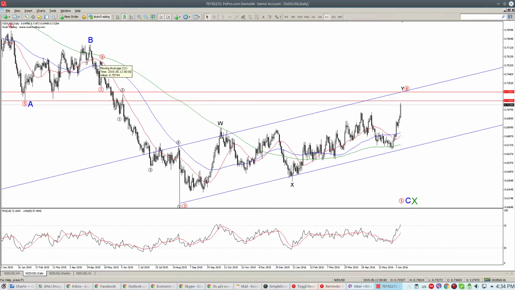first of all, this wave 4 is too big to be of such a degree. The other problem is that if we break above this resistance, the 0.7170, it is likely that prices will eventually reach the upper boundaries of this channel, and prices will get very near to wave 1, and thus invalidation of this count.